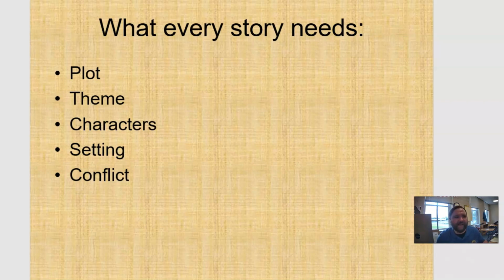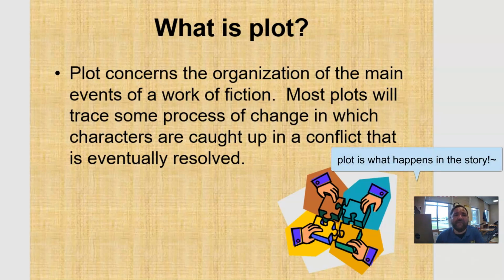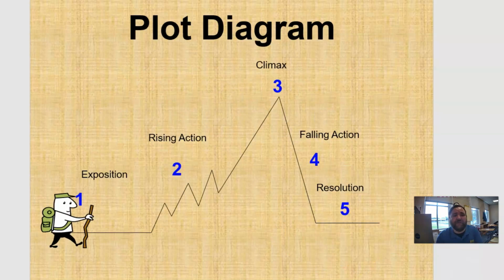If you don't remember, plot is basically what happens in the story. If you go see a movie and someone says, "Hey, what's that movie about?" you're telling them the plot. Now, I have a special tool we're going to use today called a flow map to help us trace the plot. The first thing you learn with plot is this plot triangle. Some people call it a plot diagram. Don't worry, I've got a virtual one for you to fill out later. But right now, we're just focusing on the basics.